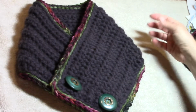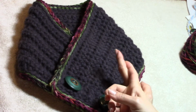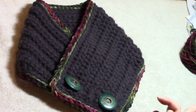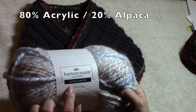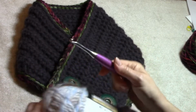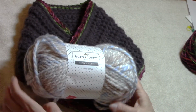Alright, so as far as yarns go, I do recommend really either number 5 bulky or 6 super bulky. However, you can go with 1 strand of yarn in the number 5. I've done that before. There are so many different options for that. You can use a straight up number 6, which is what I'm going to be using today. This is Joann's in-house brand, their Buttercream Luxe Craft. I'm using actually the recommended hook, which is a US N, a 9mm. So this is a 5.29 ounce, 150 grams,